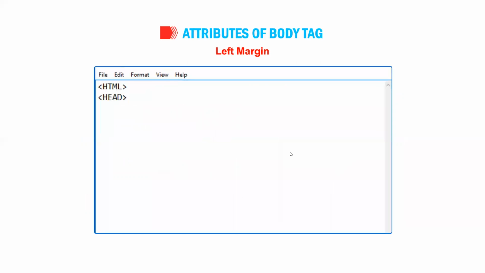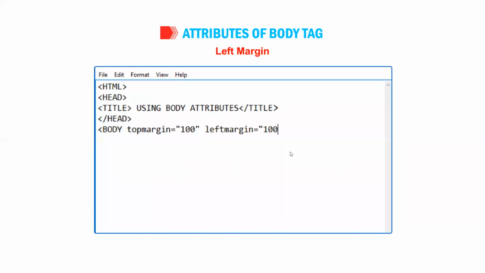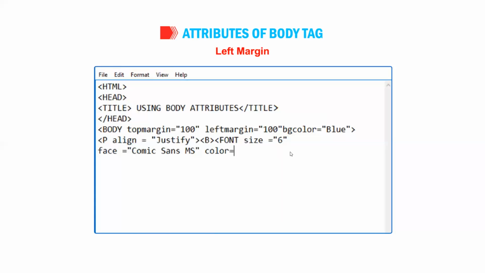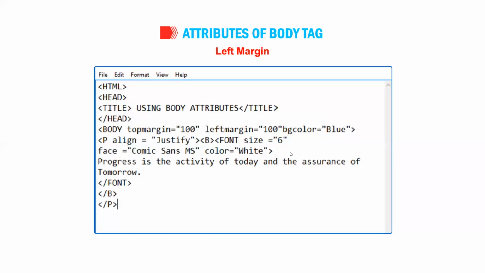<html><head><title>Using body attributes</title></head><body topmargin="100" leftmargin="100" bgcolor="blue"><p align="justify"><b><font size="6" face="Comic Sans MS" color="white"> Progress is the activity of today and the assurance of tomorrow. </font></b></p></body></html>